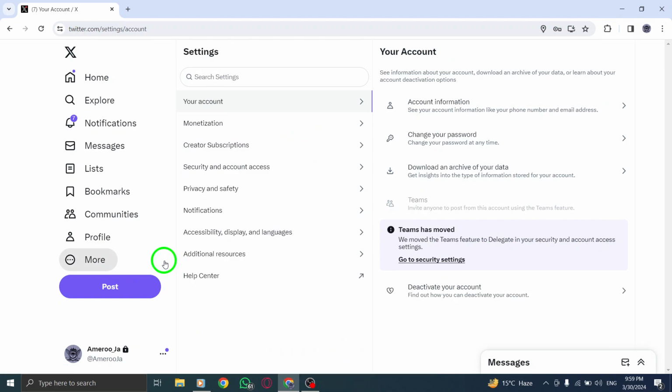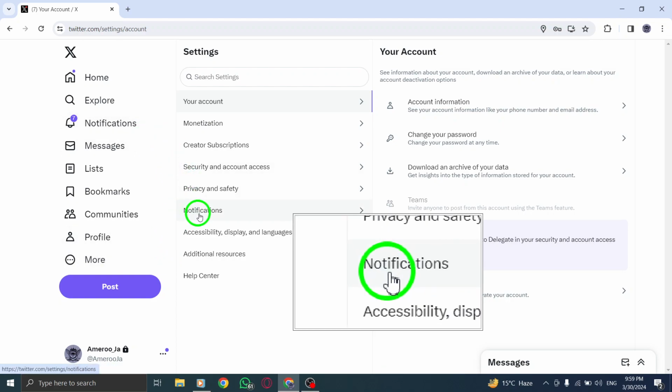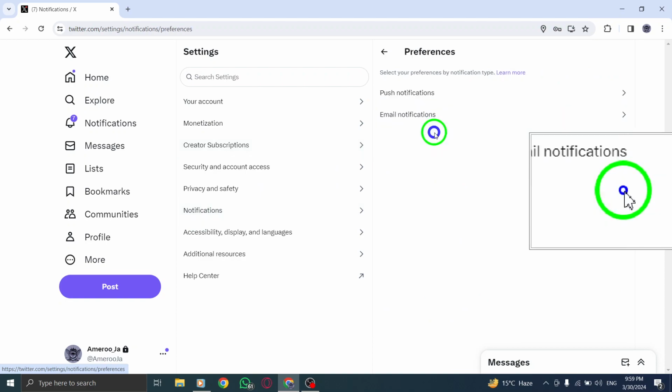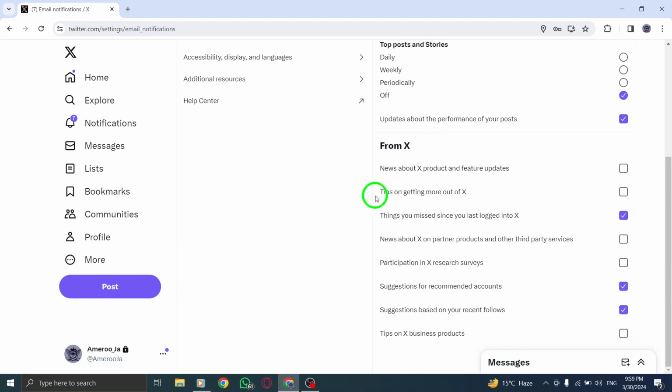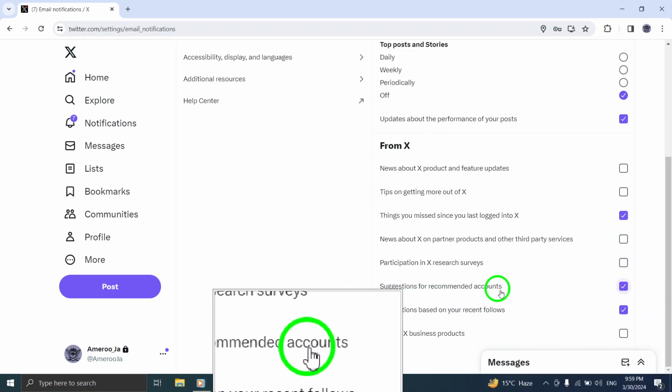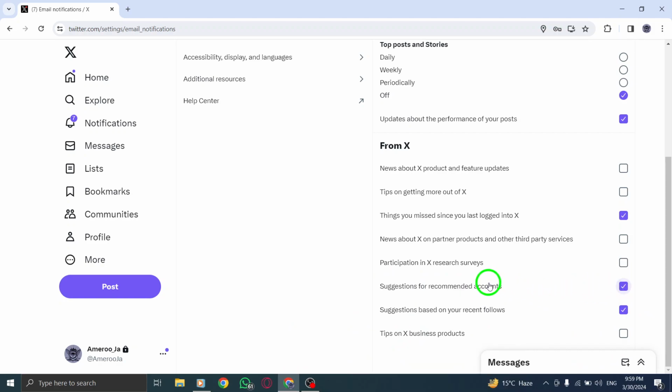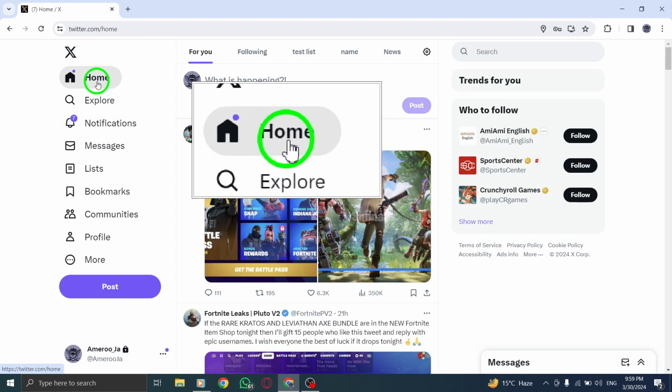This will take you to the Settings page where you can customize your account preferences. Within the Settings menu, locate and click on Email Notifications. Look for the section related to updates from Twitter. In the Updates section, make sure to uncheck the box next to Suggestions for recommended accounts to stop receiving these specific email notifications. Once you have deselected this option, click on Save Changes to confirm and apply your updated email